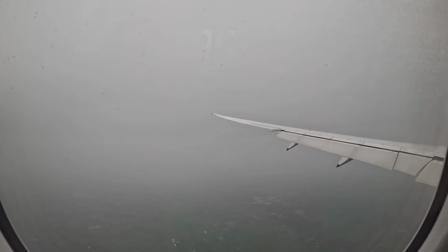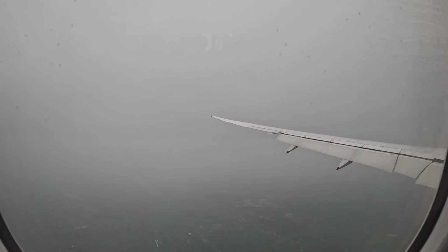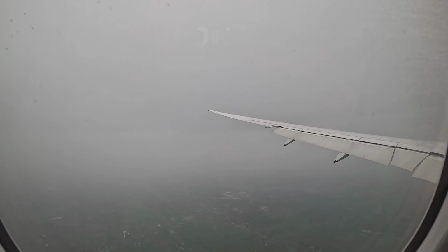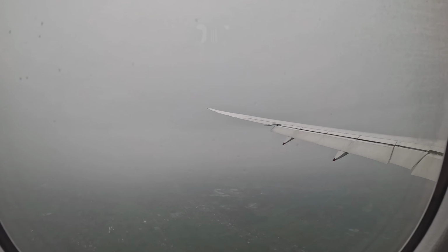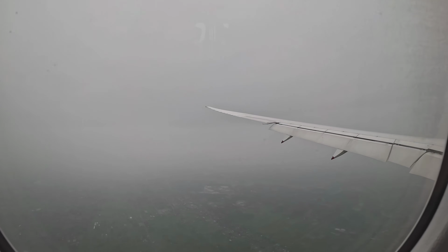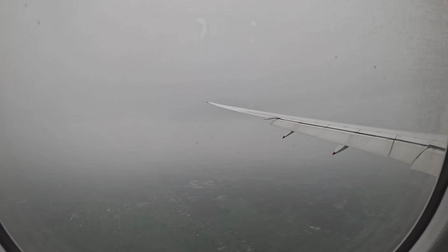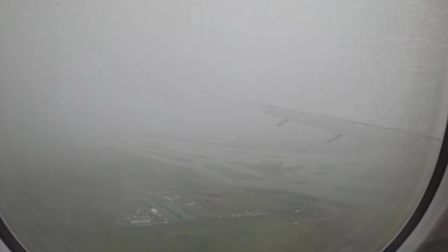Potentially at the end of this year, I will be flying back to Tokyo, and maybe on Zip Air or Air Japan, I just want to try out one of these carriers, so I'll also deliver a video to compare these carriers in terms of their price point and comfort as compared to the past two airlines that I've flown also to Tokyo. I hope you have enjoyed this really impromptu